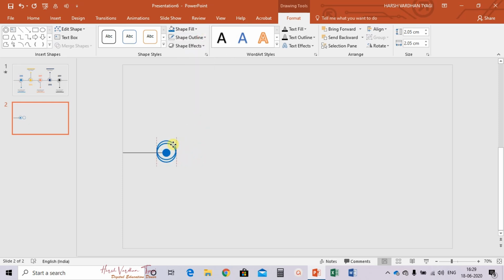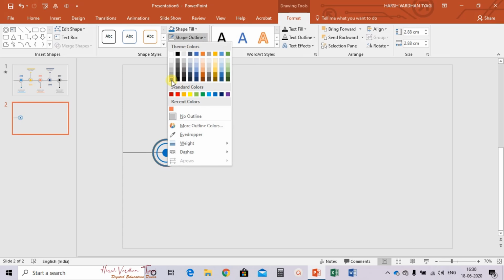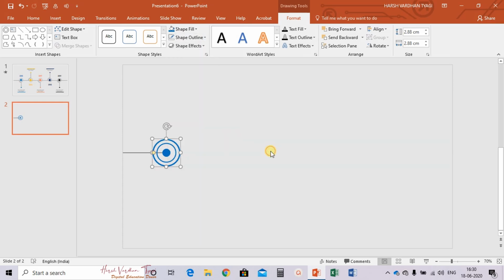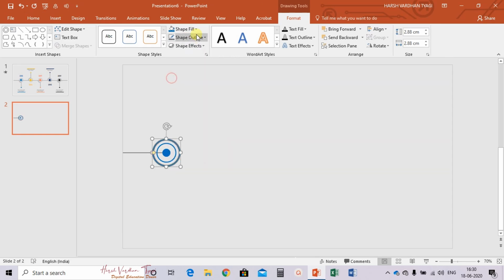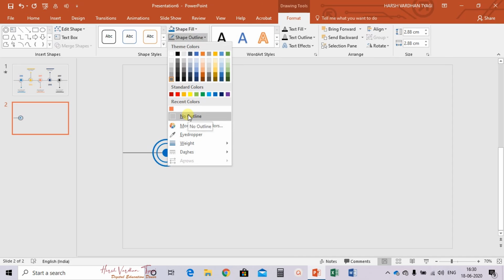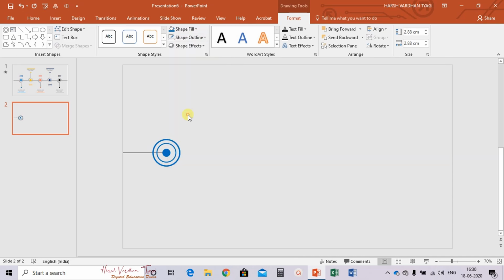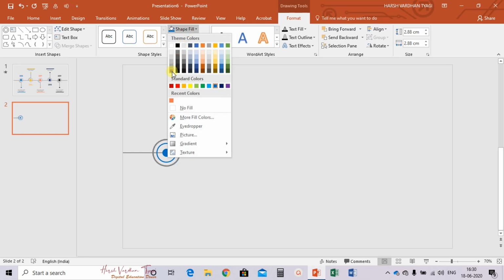Place it at the accurate position of this point, and make another this much. Change the shape color: shape outline, no outline, and shape fill this one.